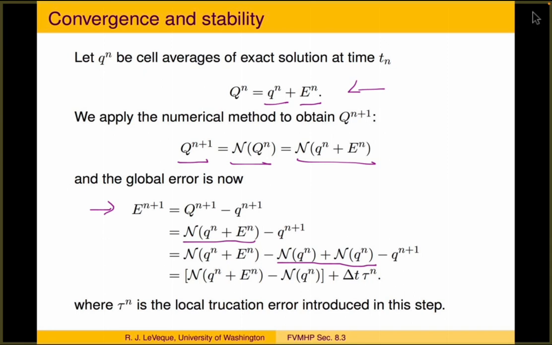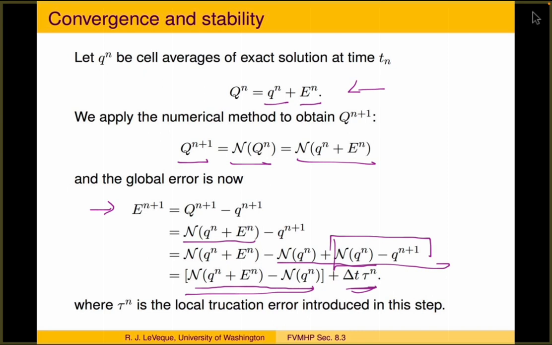and rearrange a bit, then we can write that as the difference between the numerical method applied to data q^n plus E^n, and the numerical method applied to just the exact solution q^n. And then this other term here we can call delta t times the local truncation error, delta t times tau^n, which is what we often call the one-step error. So this is the new error that's been introduced in this step, but what we have here is the effect of all the previous errors encapsulated in the previous global error E^n, and the fact that when we take a time step on q^n plus the accumulated errors, that's different from